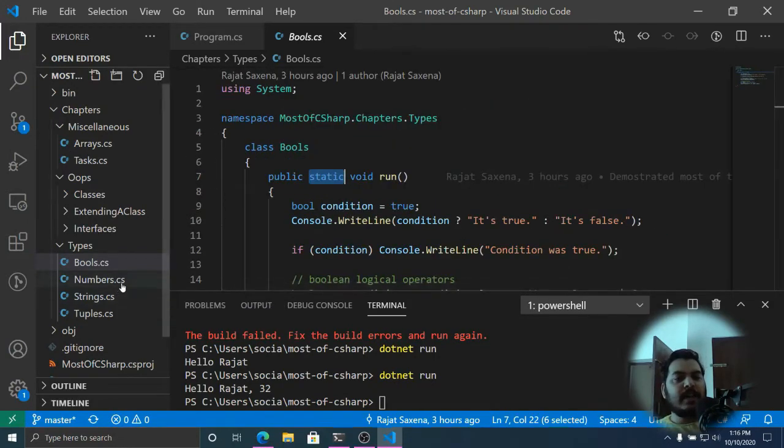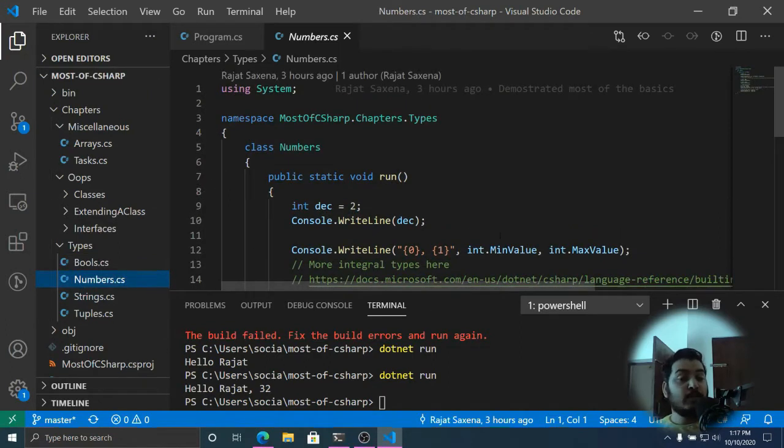Okay, so let's start with numbers, because those are the most basic types you are going to use in your day-to-day program. Now, some information about types. Why do we need types? So types basically help you in specifying some meta information about any variable. So types can tell the compiler how to optimize this variable further, how and where to store it, and how to process it further so that your program can run faster and you can get to see any logical errors as fast as possible. So types can help us in doing that.